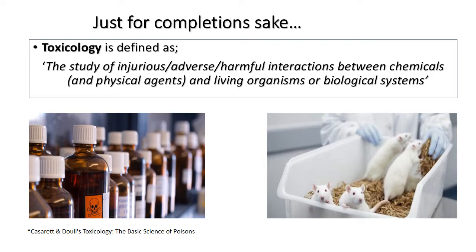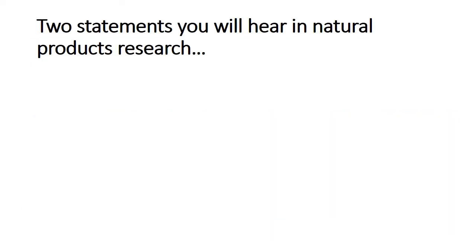As a result, you'll find toxicology traverses several fields and disciplines, including environmental science, occupational science, forensic science, etc., because of these interactions which occur between chemicals and living organisms or biological systems. Okay, so having said that,